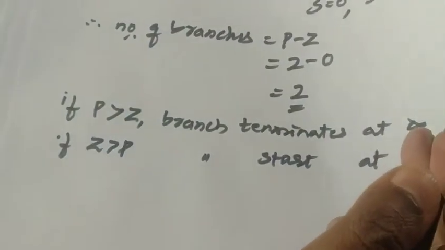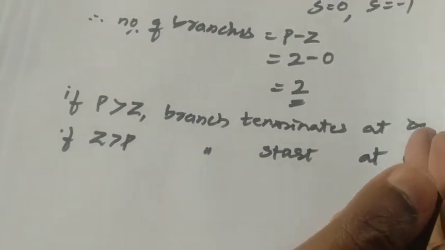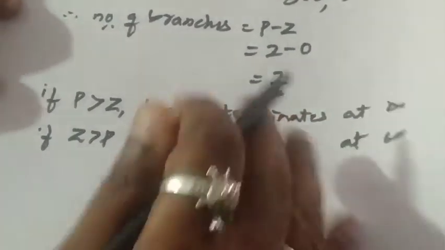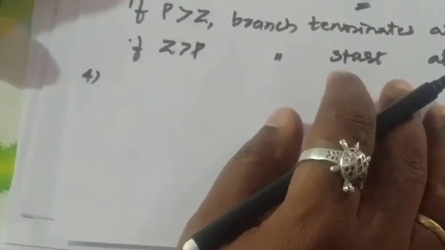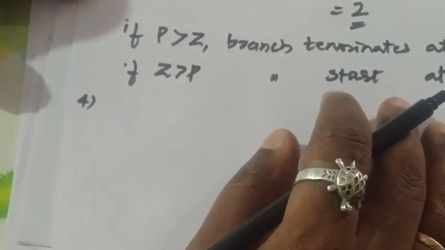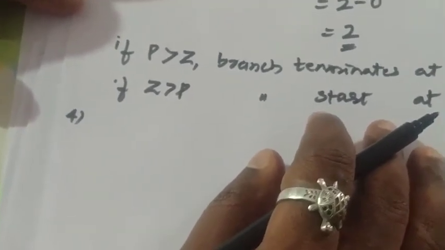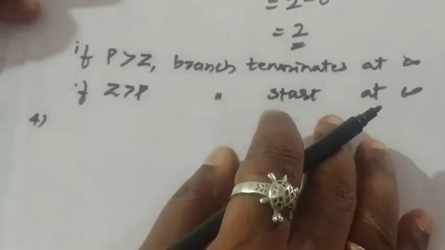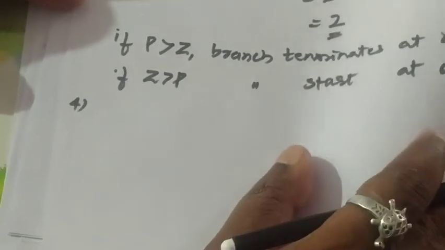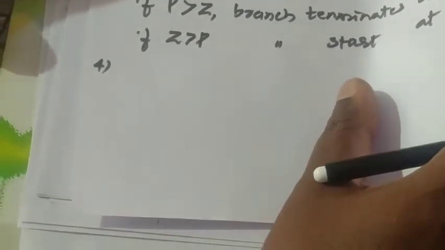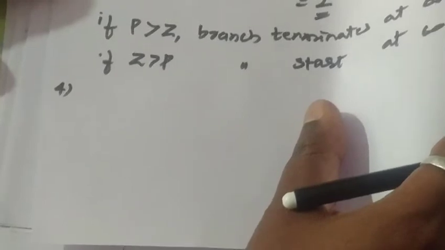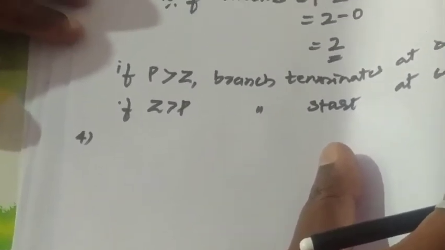So, your next condition is that a point on the real axis lies on the locus. The next rule of the root locus is that a point on the real axis lies on the locus if the number of open loop poles plus zeros on the real axis to the right half of the S plane is odd. You see here, a point on the real axis lies on the locus if the number of open loop poles plus zeros on the real axis to the right half of the S plane is odd.